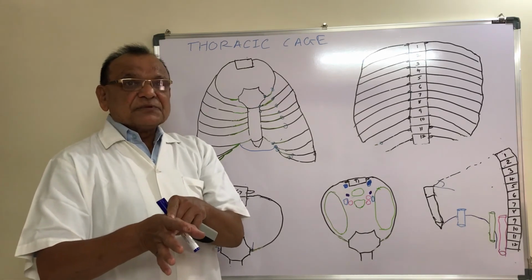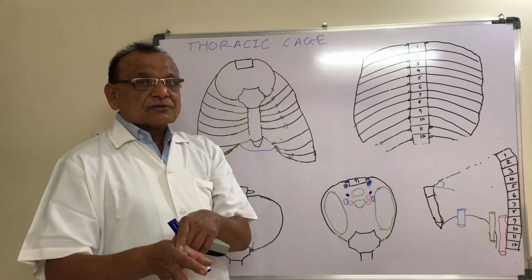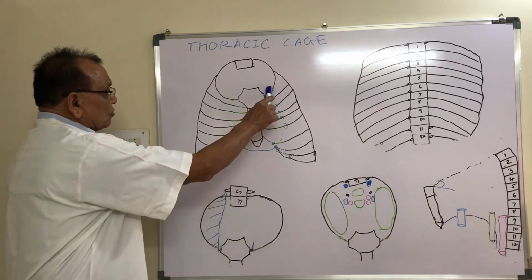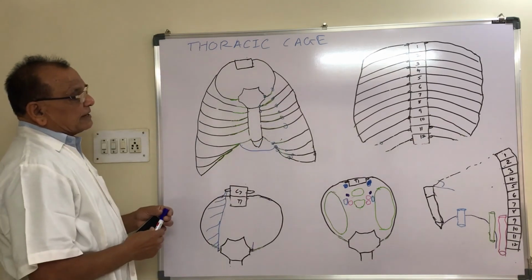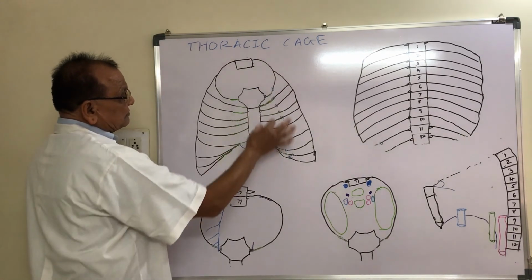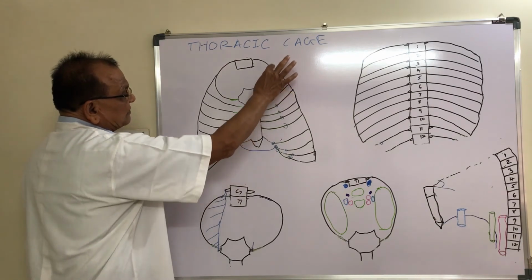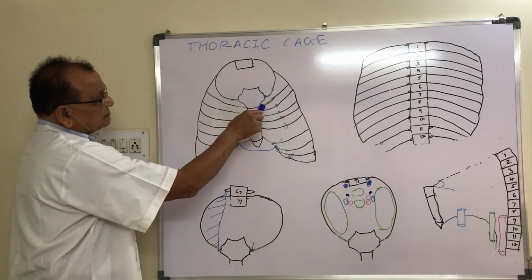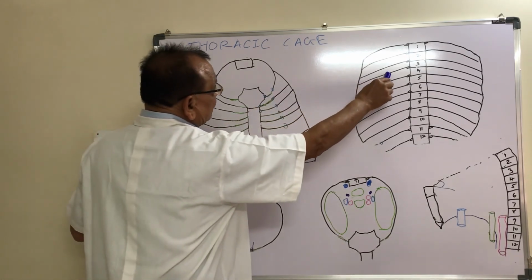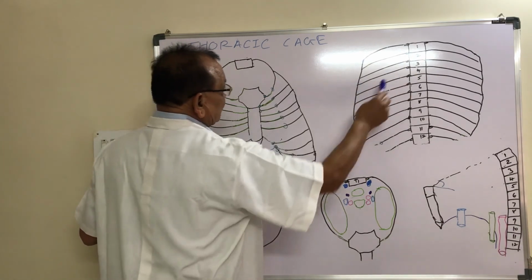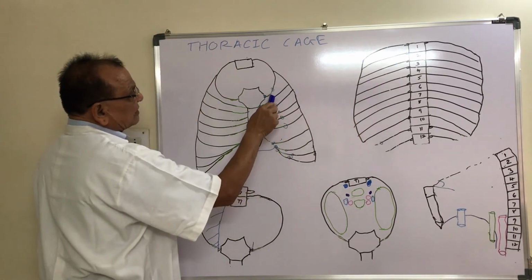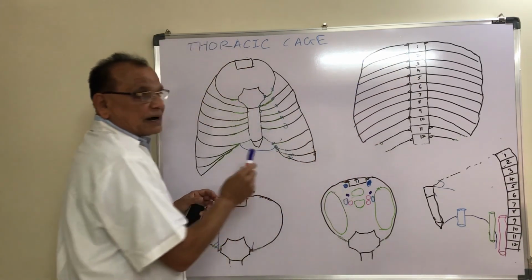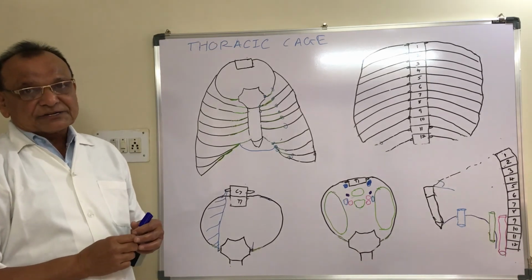Suppose in a severe chest injury the rib is fractured at two points: one is the angle and the second is the costochondral joint. So this rib with its costal cartilage is divided into three parts. The costal cartilage is one part. Suppose the angle is here, so this is the second part and this is the third part. The first part articulates with the costal cartilage, the third part articulates with the rib, but the middle part is free, without any bony connection.